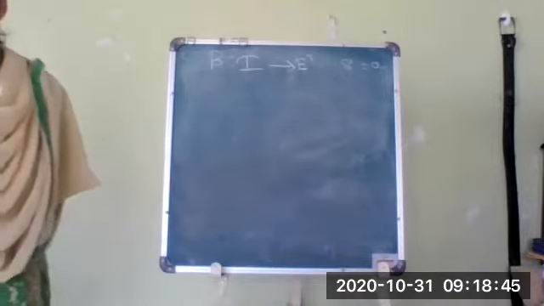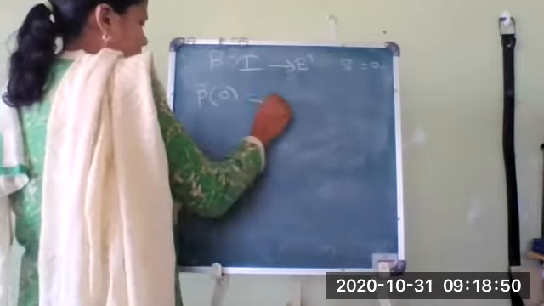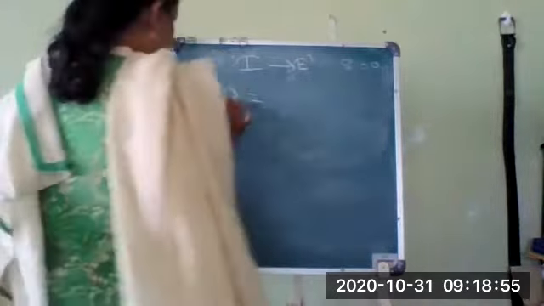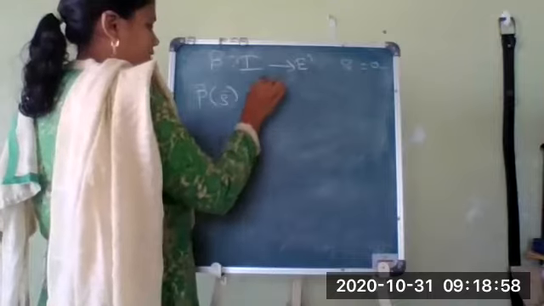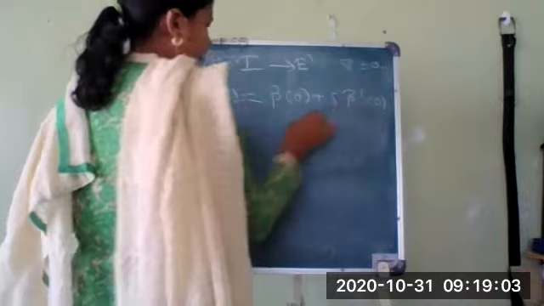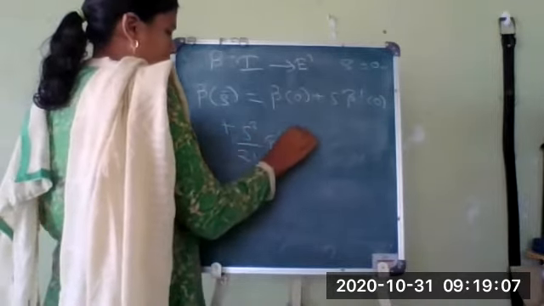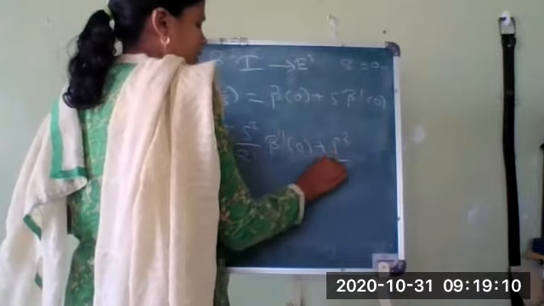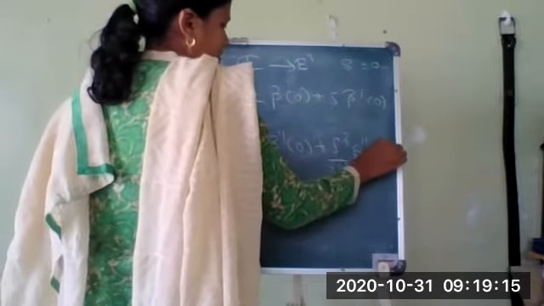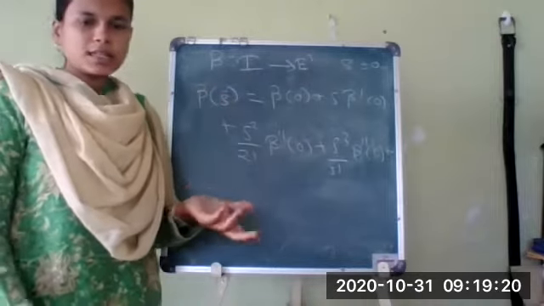So let me first write down beta of 0. I hope everyone remembers the Taylor series. So let me write down the equation for beta of s in terms of the Taylor series. What will be the equation? Beta of 0 plus s times beta dash of 0 plus s square by 2 factorial beta double dash of 0 plus s cube by 3 factorial beta triple dash of 0 and so on. Just like the equation which we have seen for a Taylor series. What is the equation for the Taylor series for f of s?